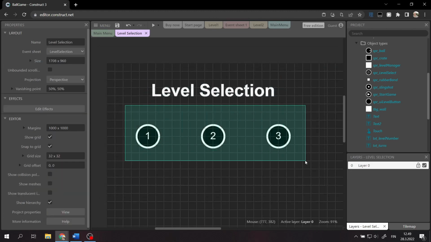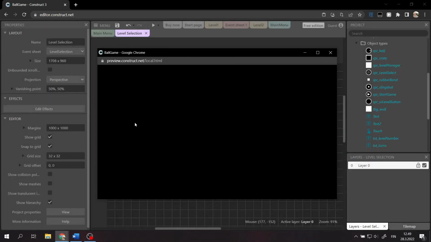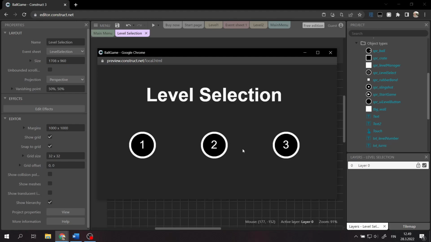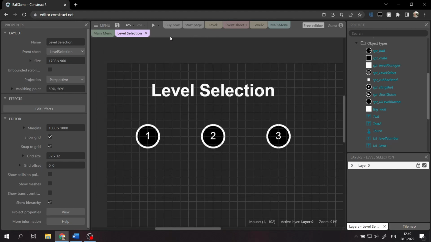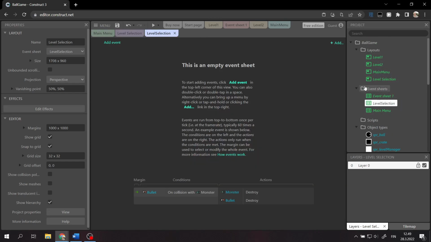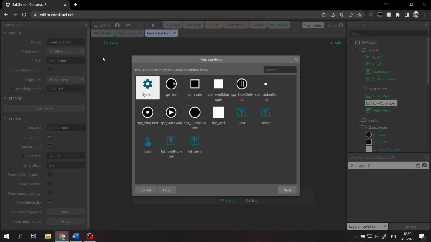And currently it doesn't do anything if we press the buttons, so we need to make the logic for them also. So let's jump to the level selection event sheet, and here we need to make a new event where we check if we tap on the button, and what we want to do then is to go to the level that corresponds to the level number in the instance variable. So how we do that, we make a new event, we take the touch,